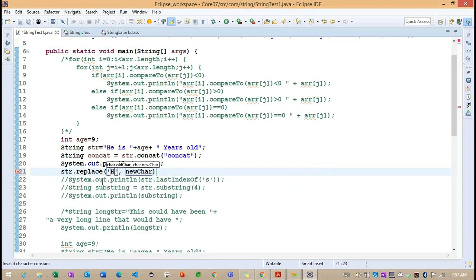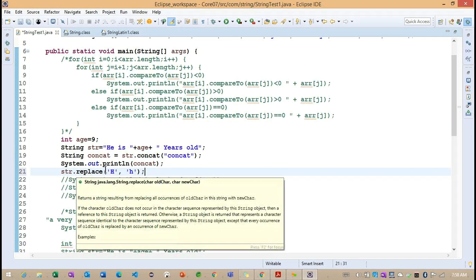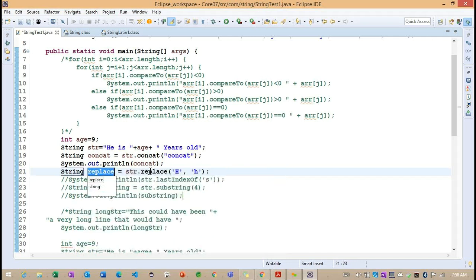So now you can see, this is our old character H, and I want to replace it with this particular small h. If I replace here, we'll see what this replace is trying to return.